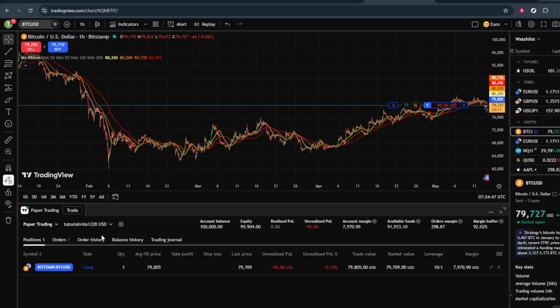By opening the trading panel, expanding the account menu with the arrow, and selecting Create Account, you can quickly add an additional broker